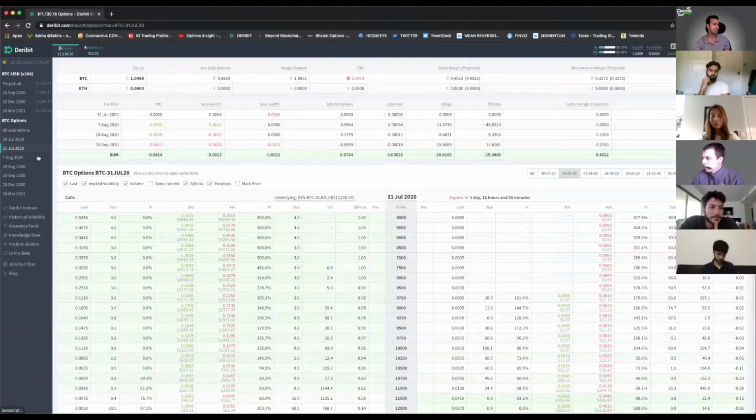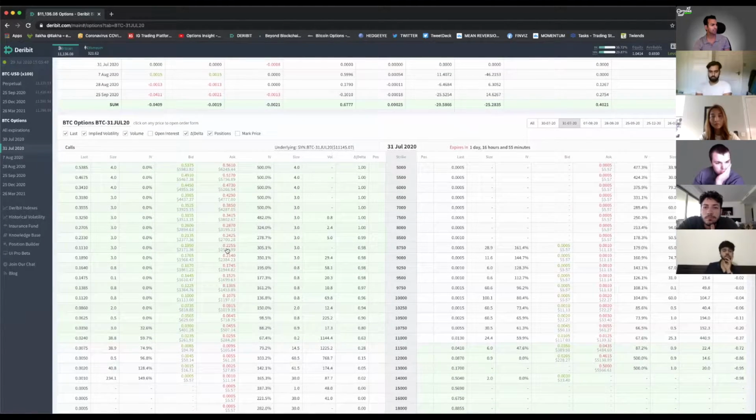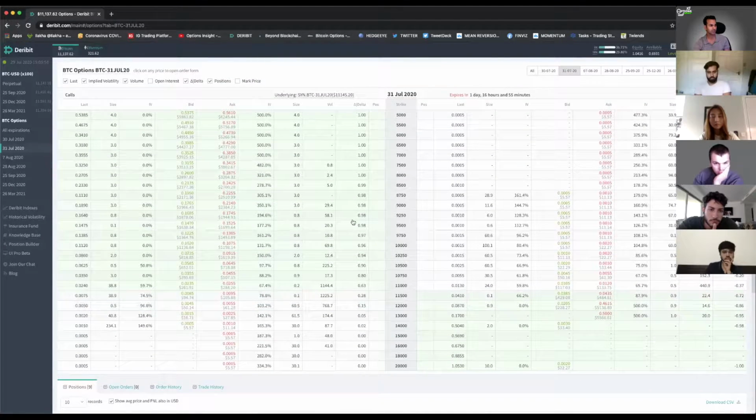The trade that I basically had on Bitcoin from probably a couple of months ago, sometime in June, was I had the 10,000 calls in end of July expiry. So can you see the 31st of July? This is the chain of options, okay? So I had the 10,000 calls, which cost roughly